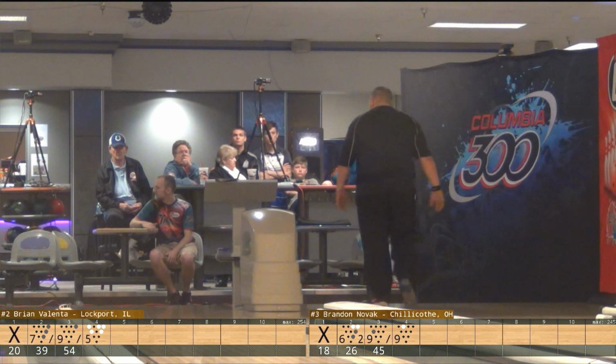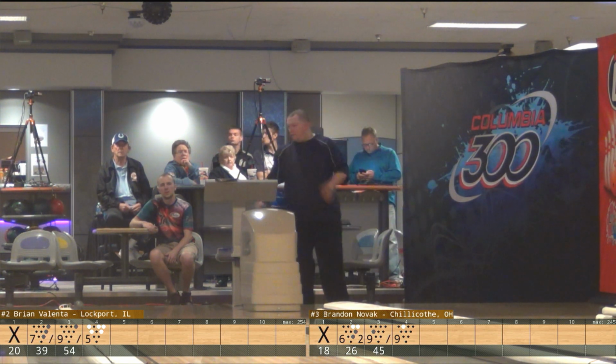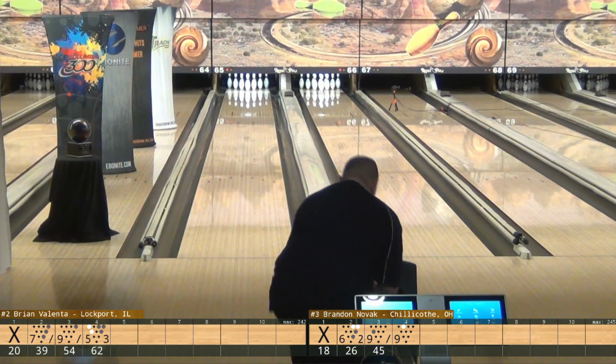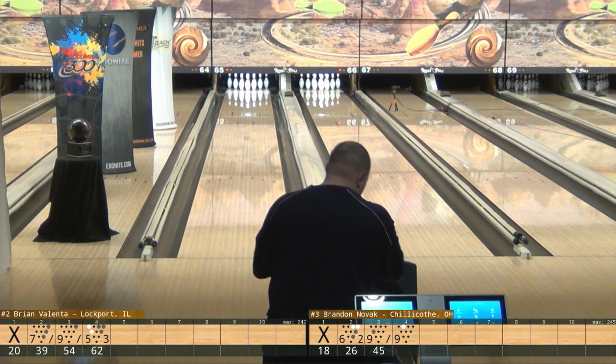Takes his 3. And it's funny sometimes when it doesn't trigger the mechanism for the pin setter. It just sits there for a minute. I thought maybe another pin was going to bounce out. So BV